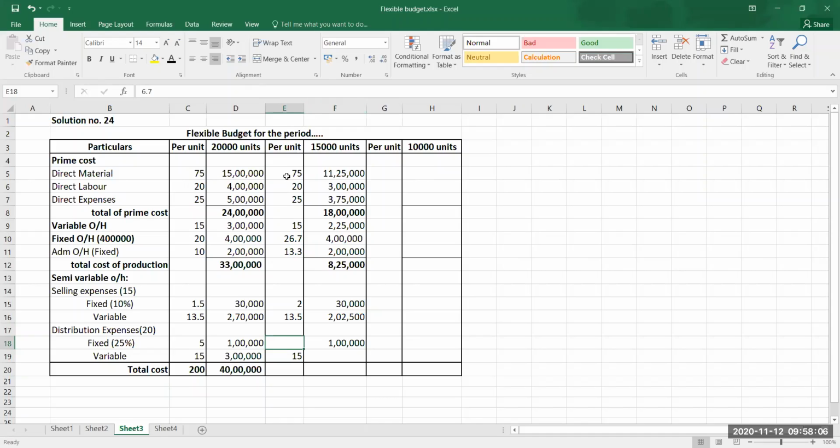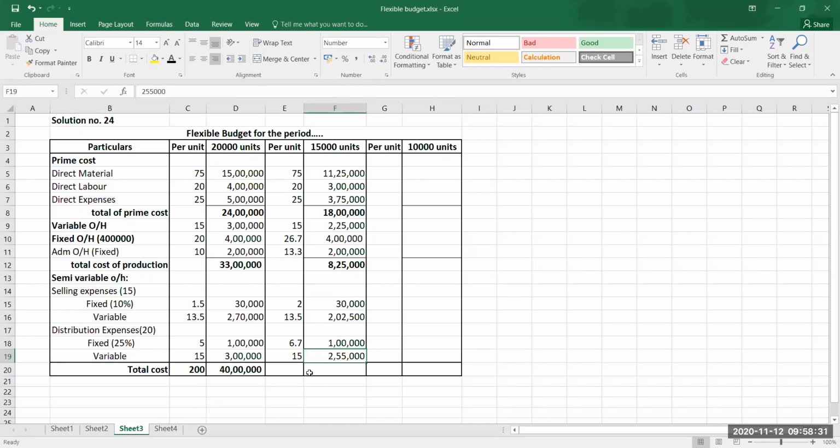Are you getting 6.66 something? Just check. You can just round up the figure. So you will get 6.66, and you can write 6.7. Now how will you get this particular data? When you calculate 15 into 15,000, you will get